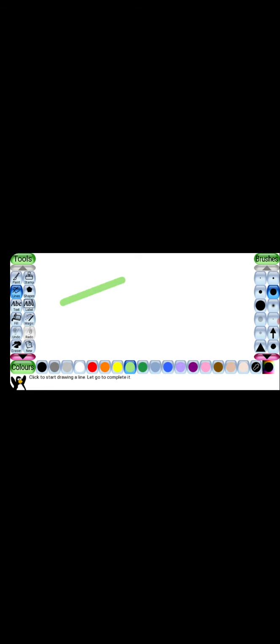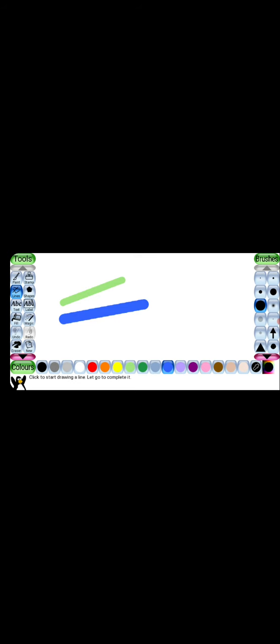I am showing you another line by choosing another color. I am choosing the color blue, choosing a larger size. Then I will show you. Just hold your mouse button and draw and release the mouse button when it is done. Yes, this is another line of another size and another color.